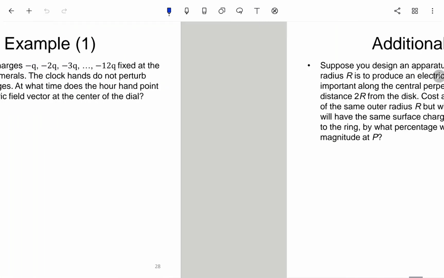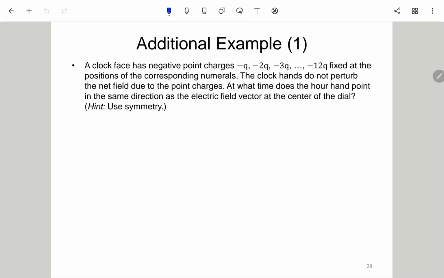Okay, so finally we have two additional examples. Let's finish quickly. So here it says a clock face has a negative point charge, negative Q, negative 2Q, all the way up to negative 12Q, fixed at the position of the corresponding numerals. 所以就是像一个时钟嘛。